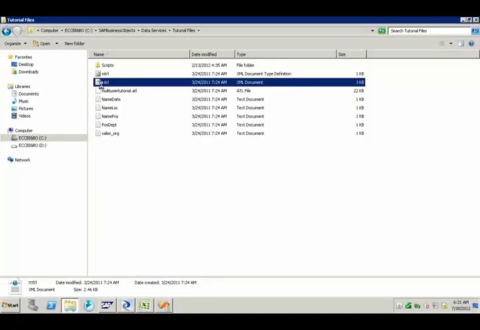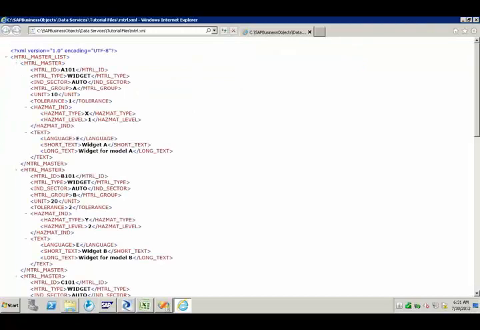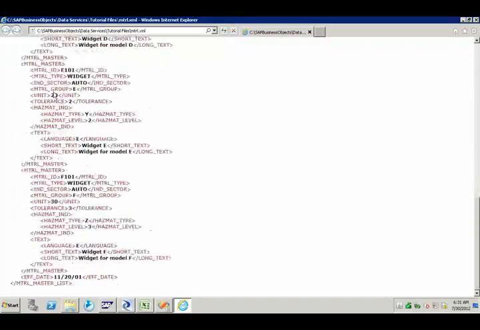Now let us double click on the XML. This is the actual data, where material ID is A101, material type is widget, industry sector, and so on. This is the data which is in the XML format.